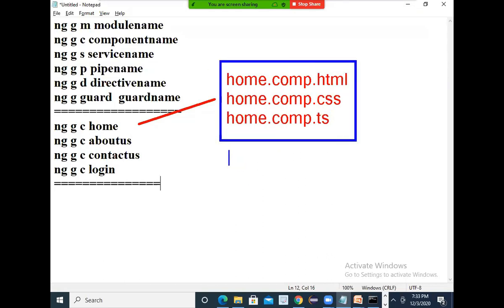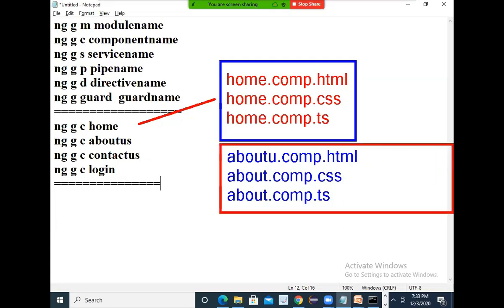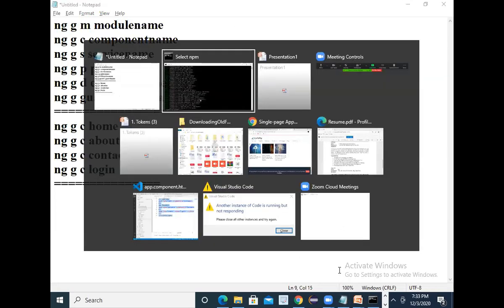Similarly, three files are created for about component: about.component.html, about.component.css, about.component.ts. So here also how many files are created? Three files are created. So for four components, 4 into 3, 12 files are created. So how the navigation is happening between these components, we'll try to discuss now.